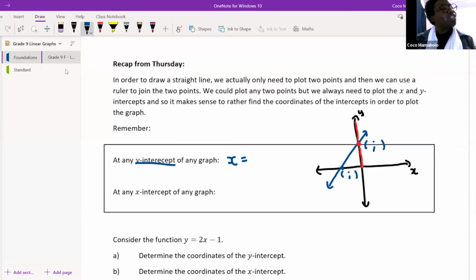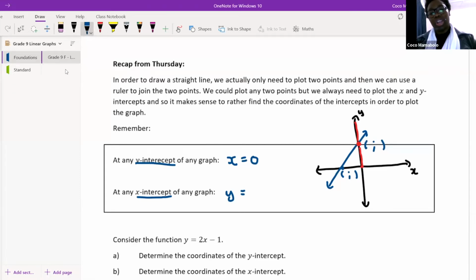It is. You don't have to think, you know it. It's equal to 0. Well done, Pretty. That's why our x value is going to be equal to 0. Excellent stuff, Pretty. And we know that if we have our x-intercept of any graph, I wonder if anybody can figure this one out, our y value is going to be equal to,